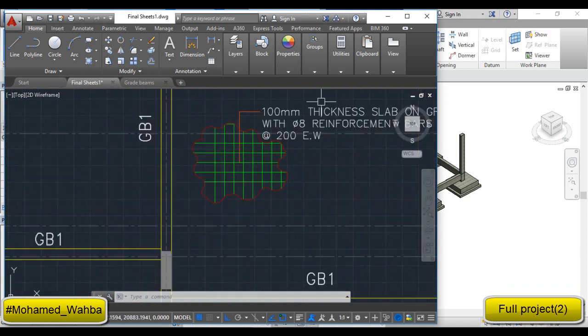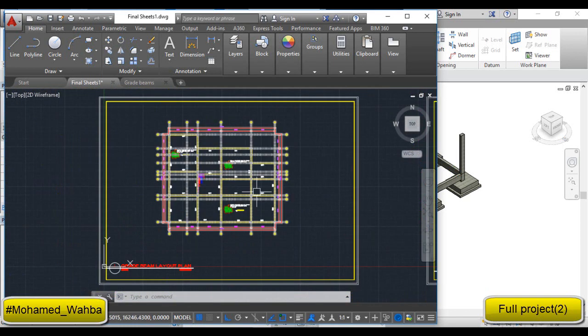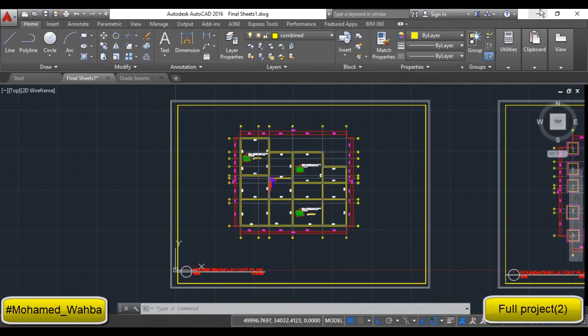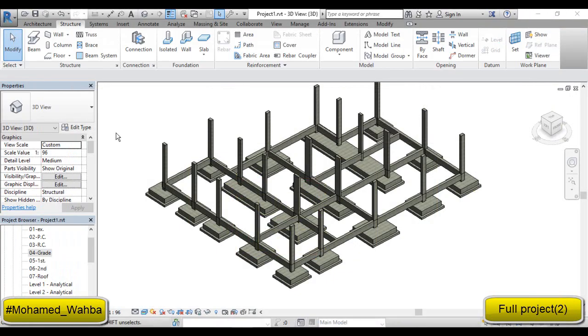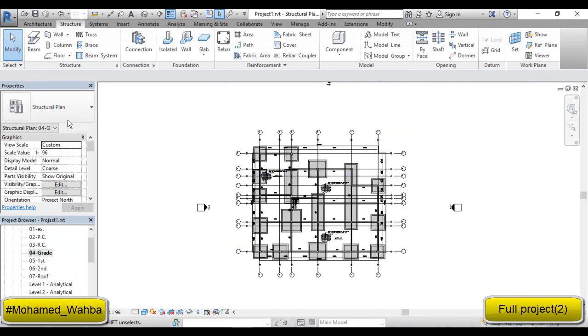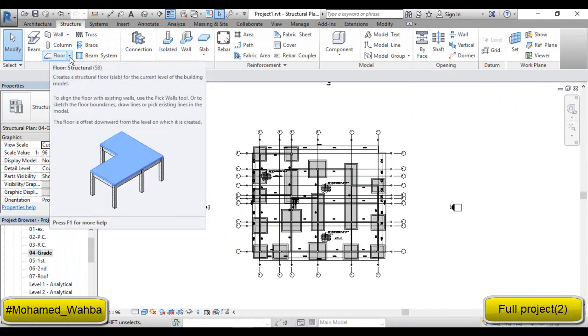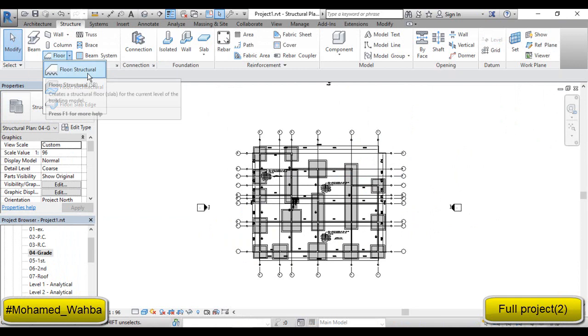Its thickness I think is 100 millimeter, and we need to draw it around my drawing. So it can easily be drawn here when we choose the grade level, and then we can choose floor. We can draw it by using the floor command. Structural,